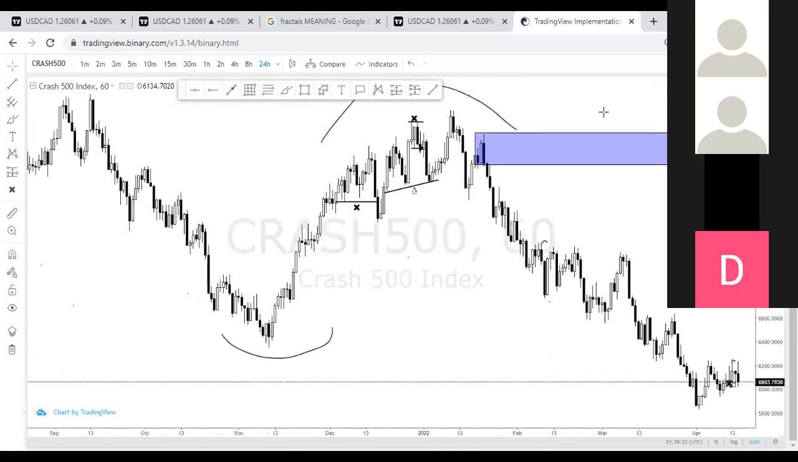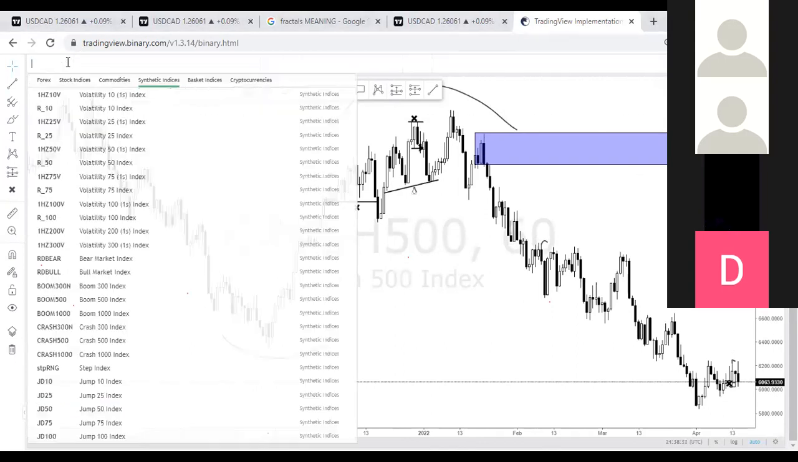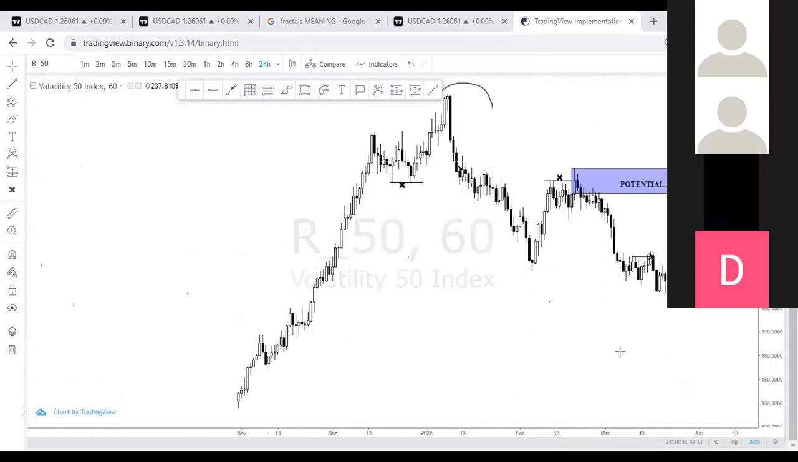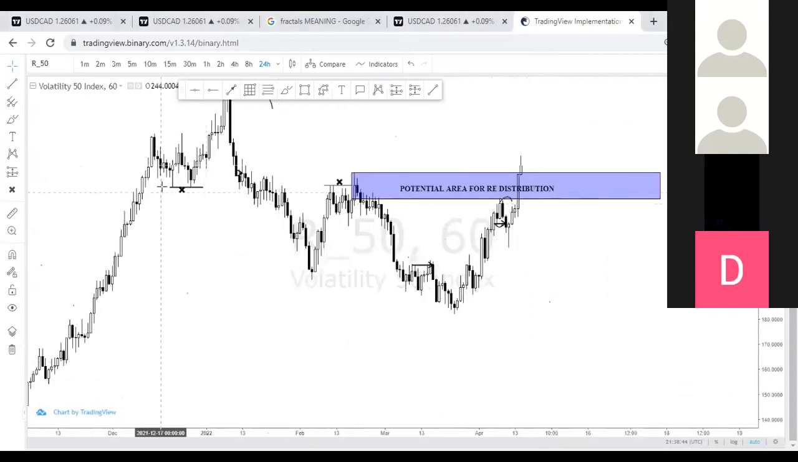So guys, give me an asset. Give me an asset. Yeah, I think I remember one. VIX 50. Where are you? All right. Okay, step, VIX 75, VIX 100, step. Okay. Now, VIX 50, this is our higher time frame,